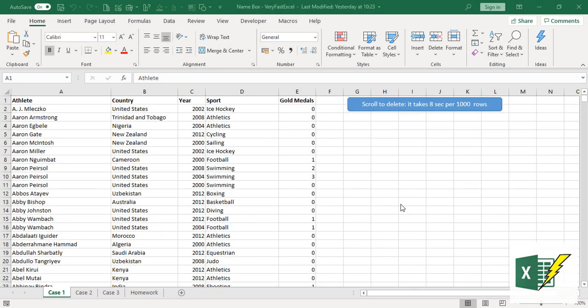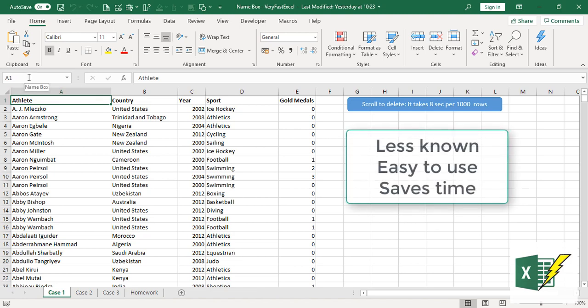Hi everyone, I'm excited to share with you today a simple yet powerful tool called Namebox. This is a tool that I tested over and over again during the last years with many students. And I chose it because it's less known, it's simple to learn and to use, and it's a very effective tool. It saves a lot of time and makes students and colleagues return to me with a big smile and